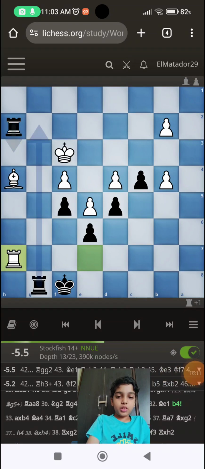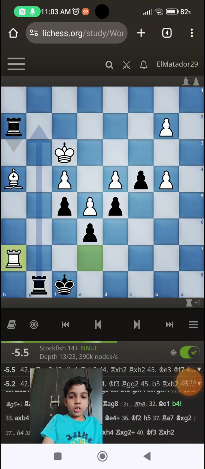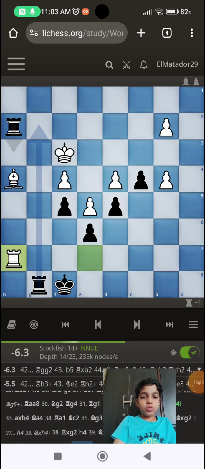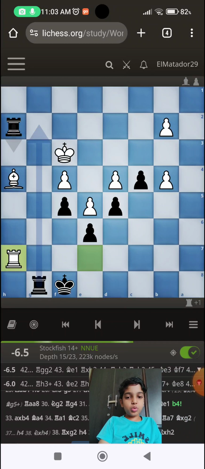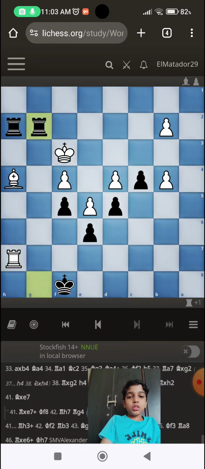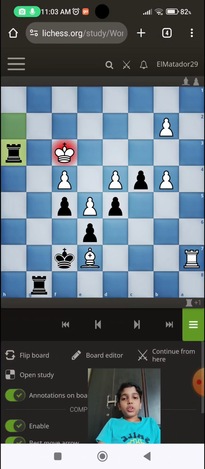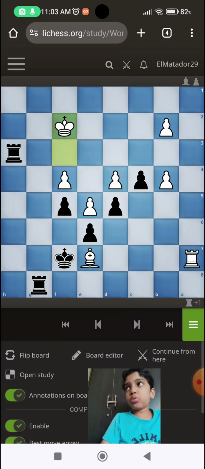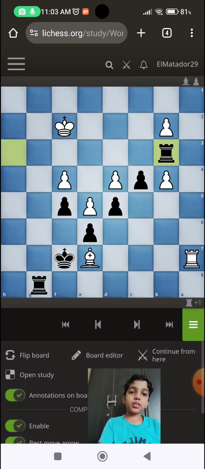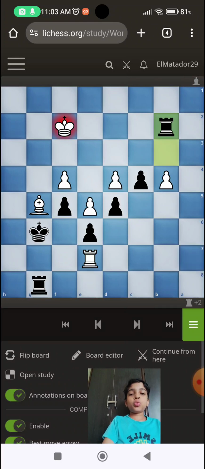Just play rook h3 check, and just rook g2 is good. Rook g2 is good enough to win this game, so that's why rook into e7 was not played. Bishop into e7, rook h3 check, king to f2, rook to b3 threatening rook into b2, bishop g5 check. Now king to g6, rook e7, rook into b2 check, king to f3,